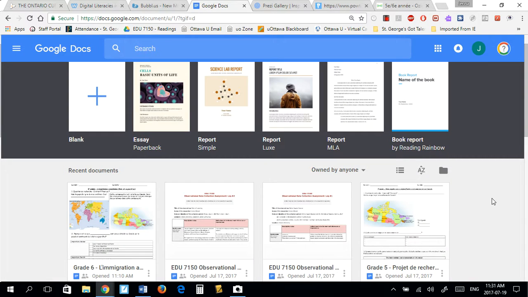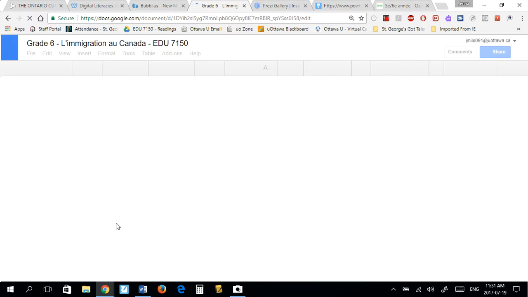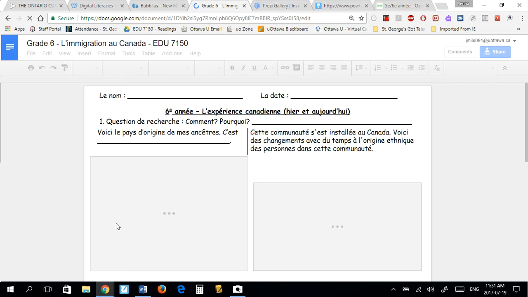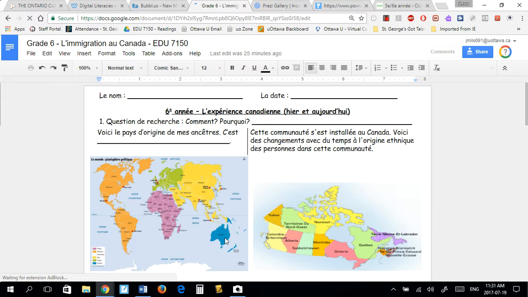It's helpful for students to structure their online inquiry by using Google Docs as a graphic organizer. So I created a graphic organizer and I can share it. I did share it through Hapara, which is helpful to share information with multiple students, or you can just share it through Google Docs, not the same thing.